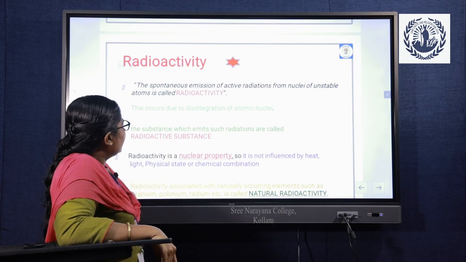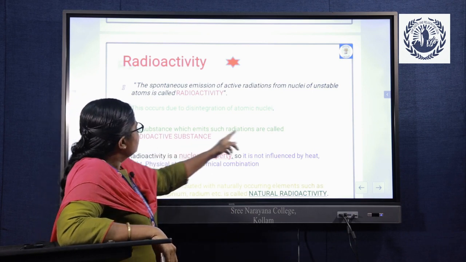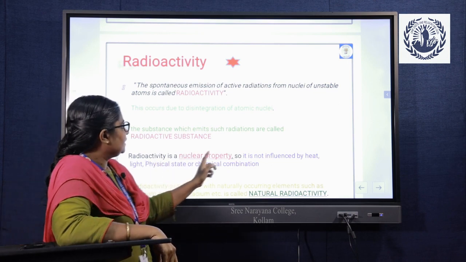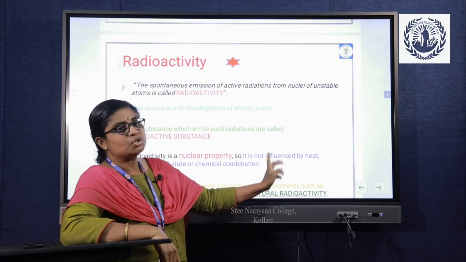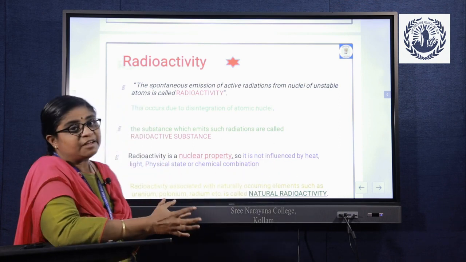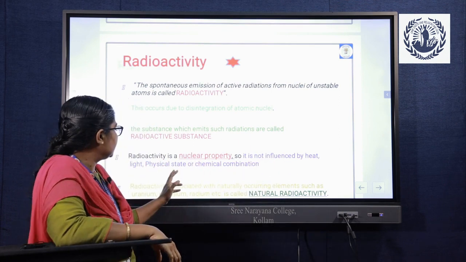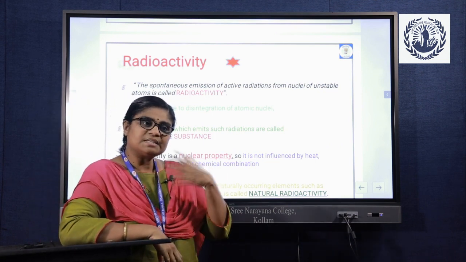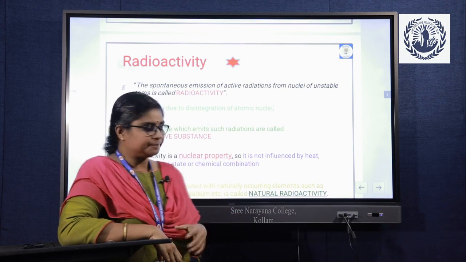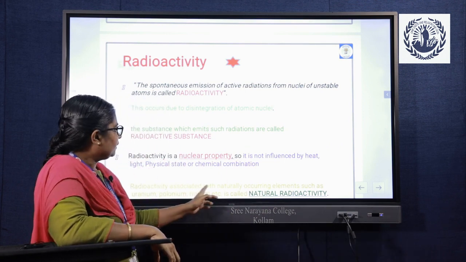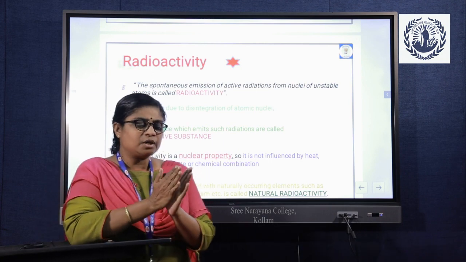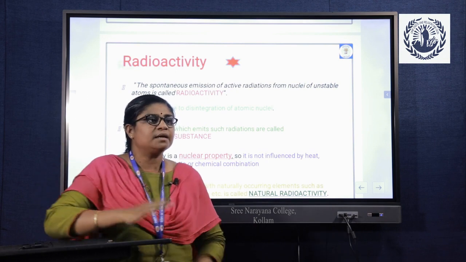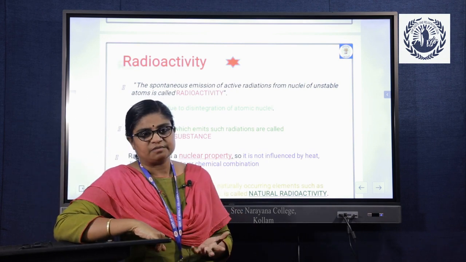So, substances which emit radiations are called radioactive substances. Radioactivity is a nuclear property and it is not influenced by external factors like heat, physical state or chemical combination, because this nucleus is kept inside the electron cloud. And I have told you that above atomic number 83, the atoms are radioactive,